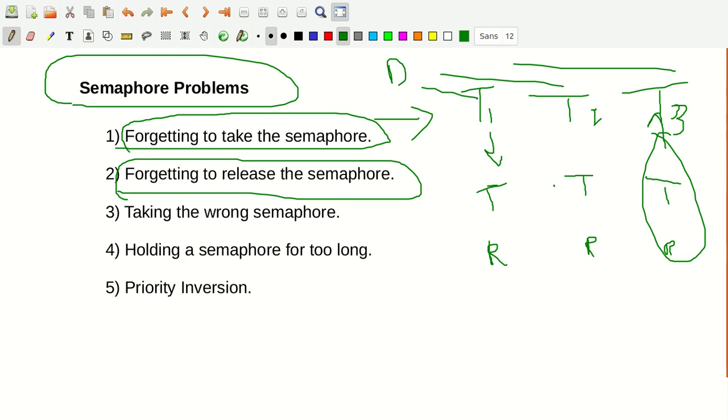When the program is running, the programmer has to know in advance which tasks are going to have access to that variable,